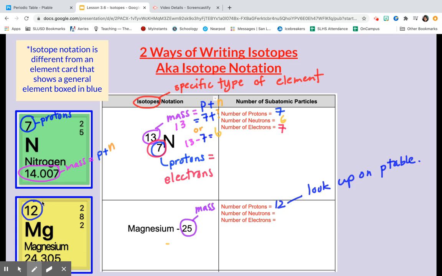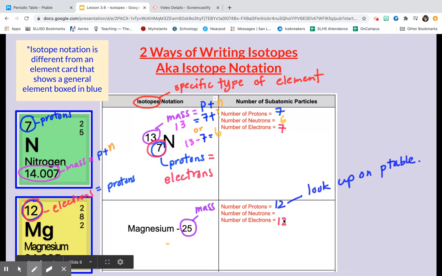So if I have 12 protons, I have 12 electrons. Okay, so now that I looked up on the periodic table how many protons I have,